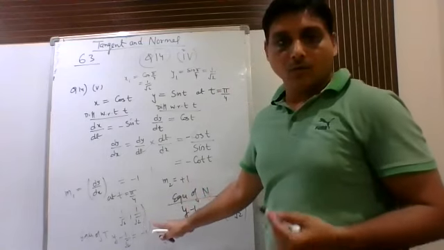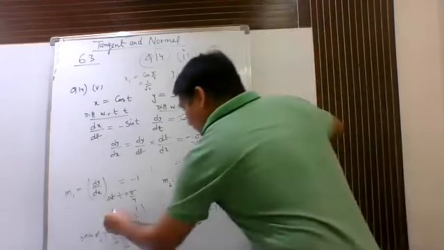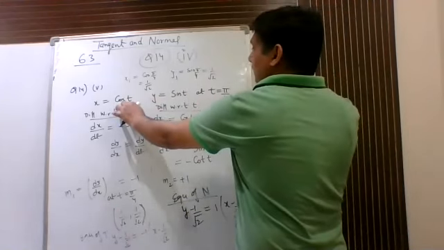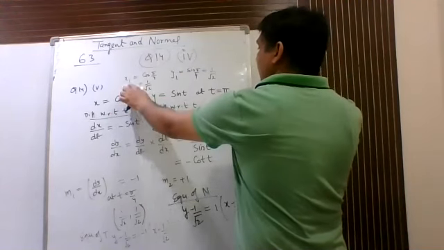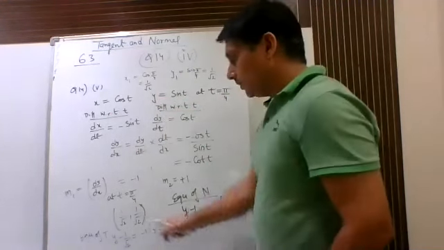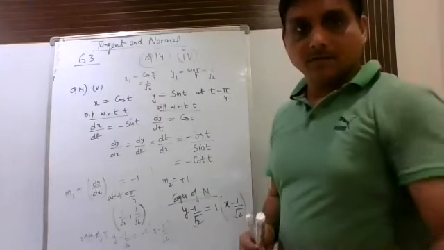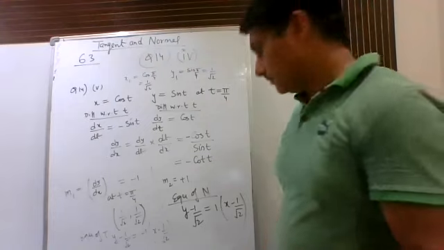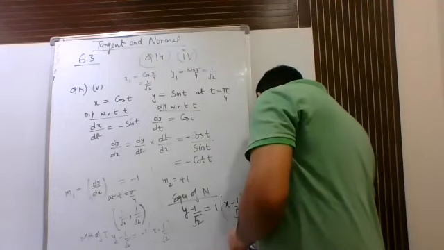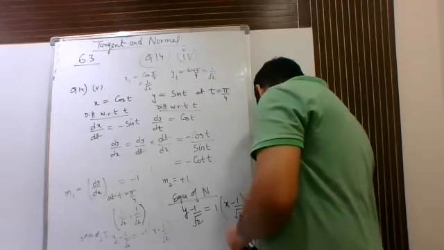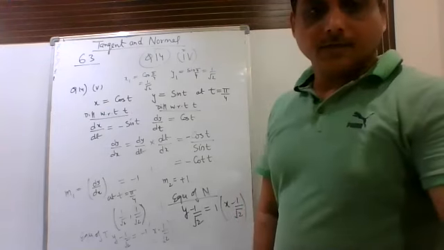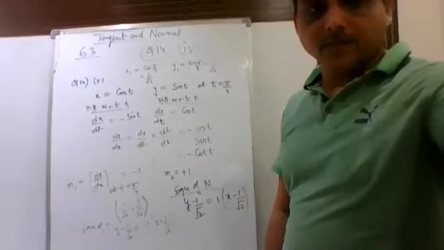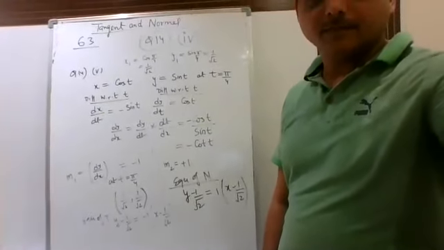How are we getting this 1 by root 2 comma 1 by root 2? By putting t equal to pi by 4 in this x and y. So that will give us x1 and y1. This is how you can settle this. Right? So this is the fifth part of question 14. Okay, now after this, all of you try question number 20. If you are through with this, then you can start question number 20.